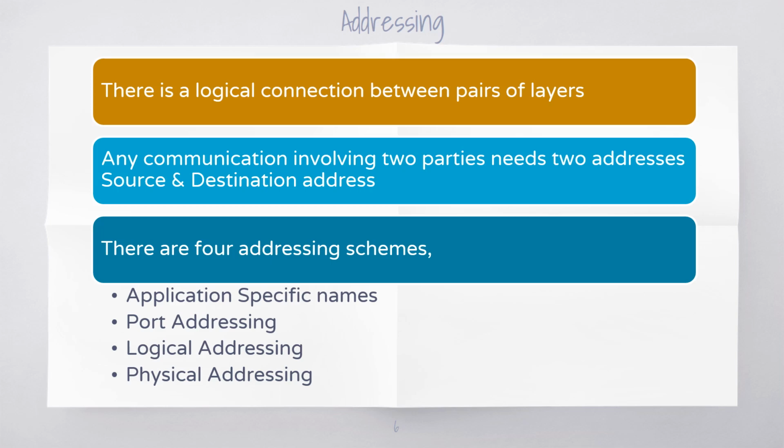Then we have physical addressing, which happens at the data link layer. Each of these devices inside a network is connected using a link. We have interconnecting devices in between, which enable the movement of traffic from source to destination. Each host is connected to an intermediate device using a link. These interconnecting devices will have n number of ports or n number of links possible.